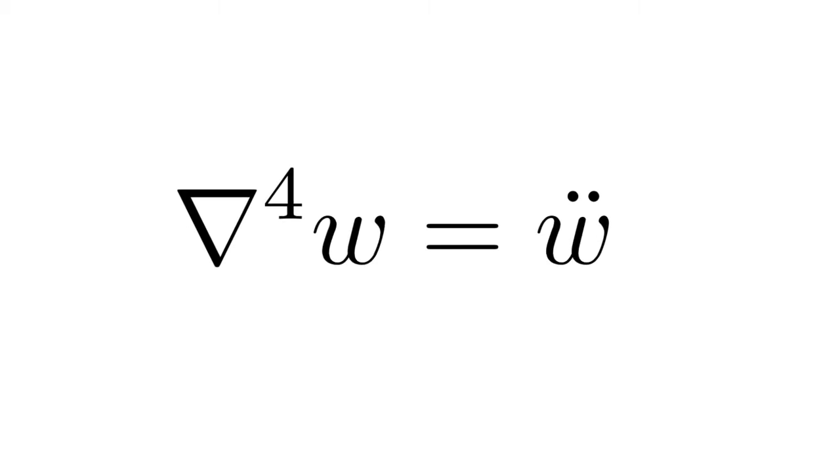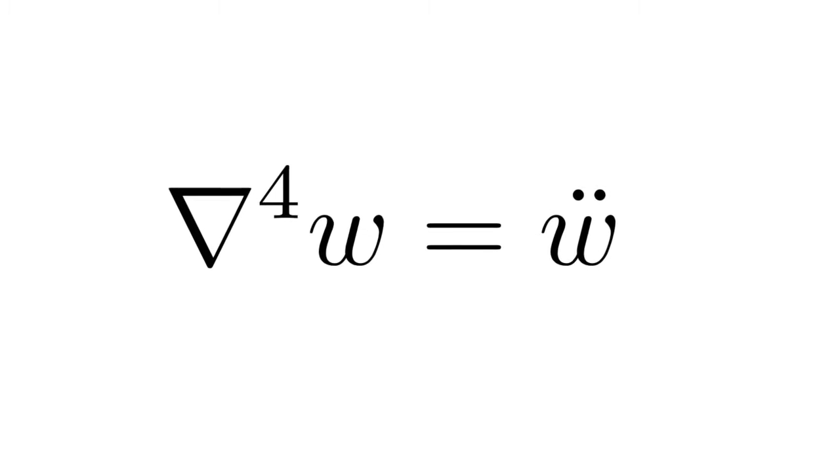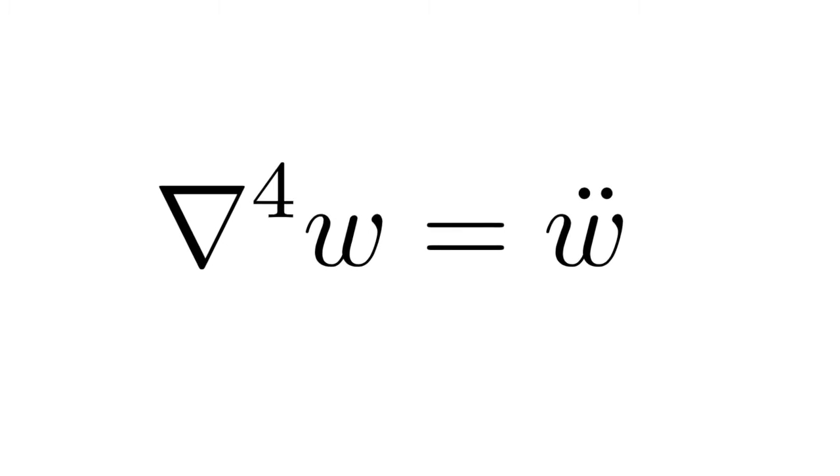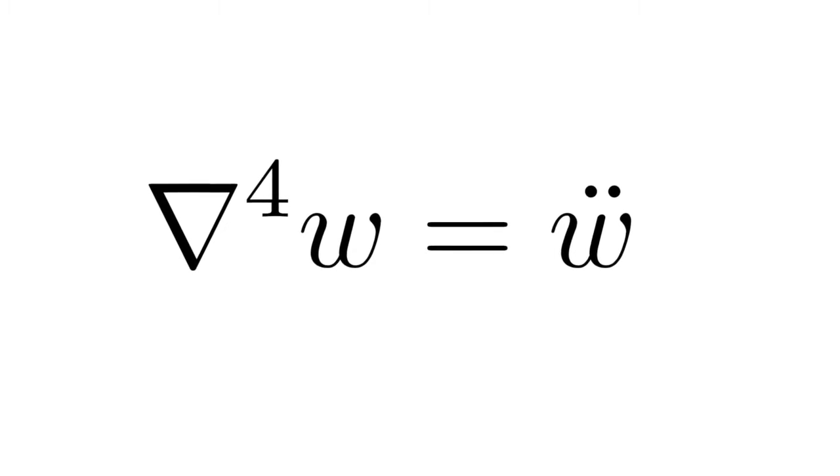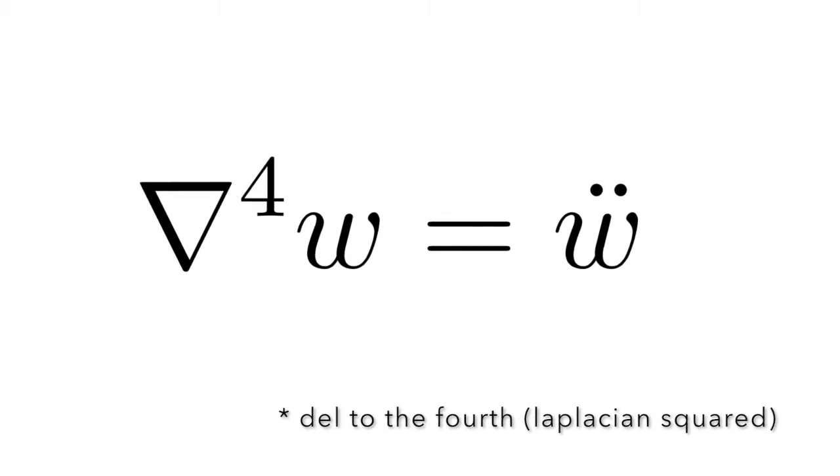The biharmonic Laplacian of a function equals the second time derivative of that function. Del to the fourth f equals f double dot. This is similar to the characteristic equation for a membrane, which is fixed at all the edges, which is del squared f equals f double dot. However, it is very different in that the del to the fourth is of much higher order than the del squared,